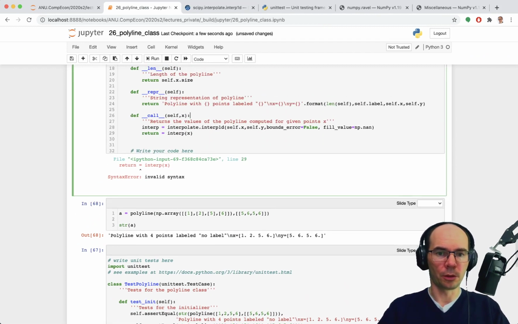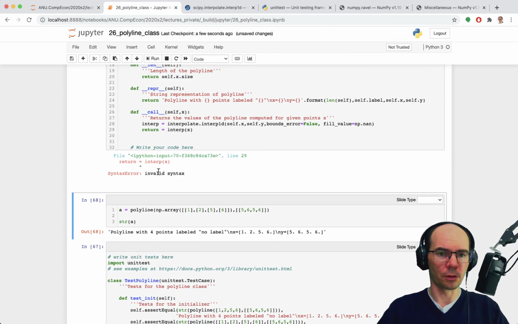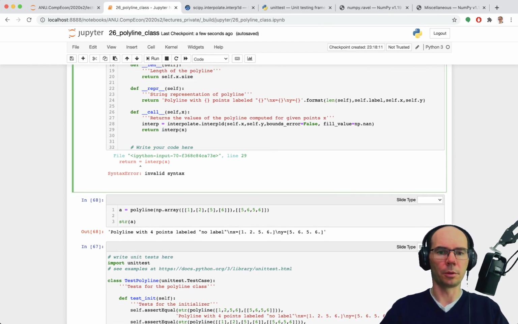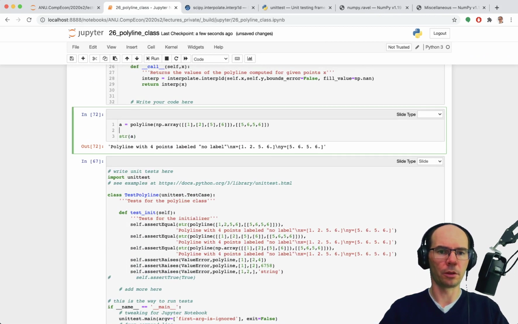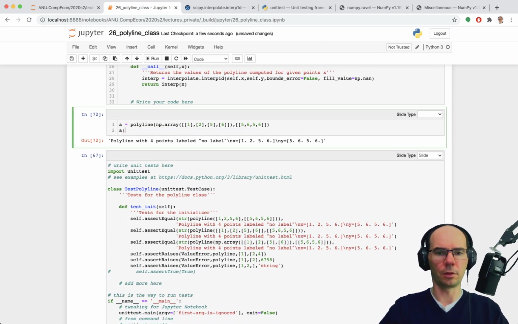Oh, I just ran that cell and I got an error. Return equals. Yeah, of course we don't need the equals. Just return the interpolated values. So now I can print a as a polyline, but I can call a